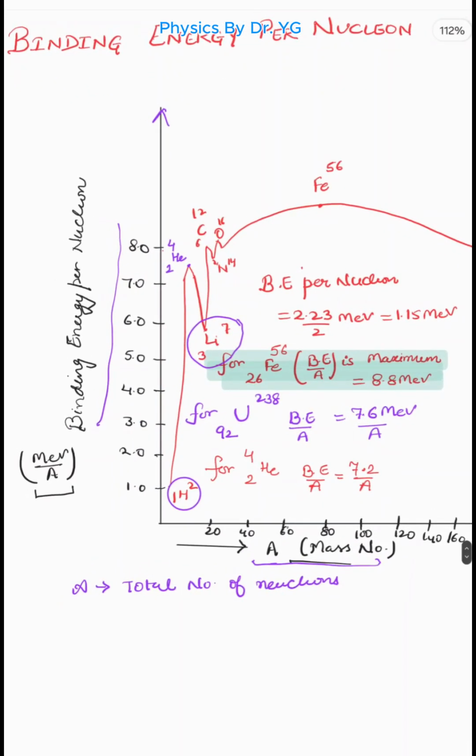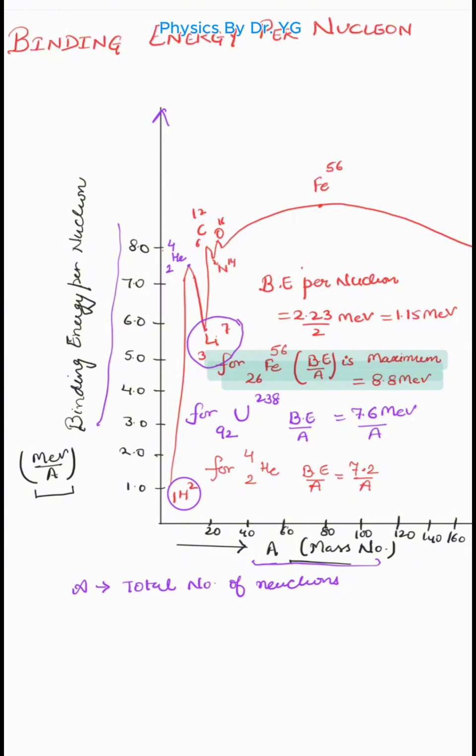The first element representing this binding energy per nucleon basically starts with the deuteron, because we will study binding energy first of all for the deuteron nuclei. For this deuteron nuclei, the binding energy per nucleon has a value of about 1. Now we are studying the binding energy per nucleon, not only the binding energy. So whatever binding energy we have calculated, we will divide it by the number of nucleons present